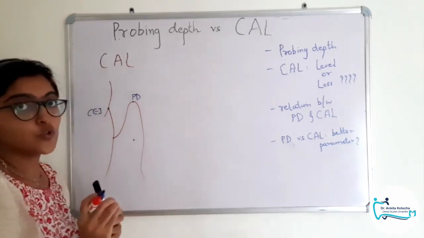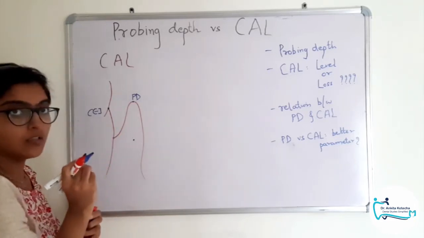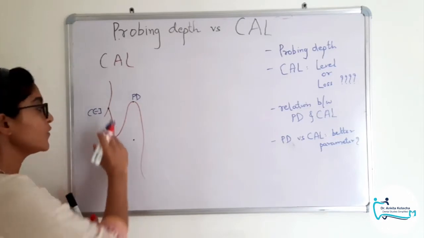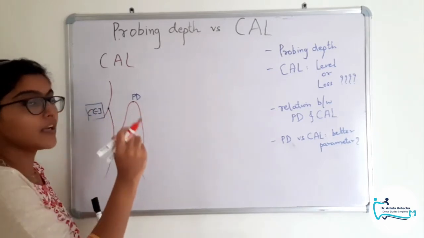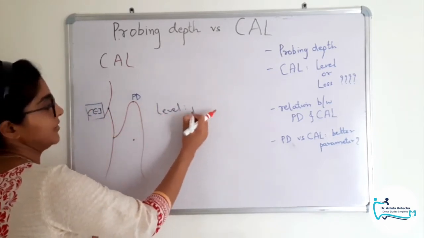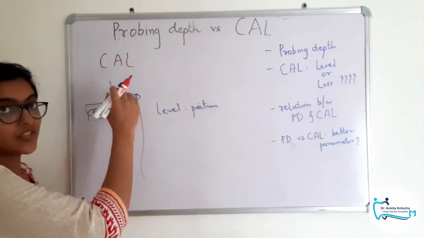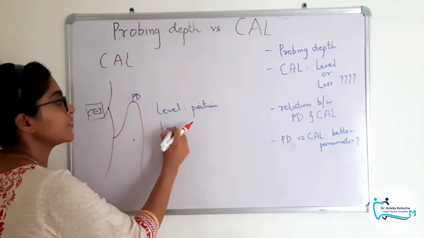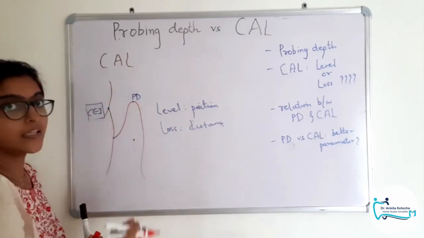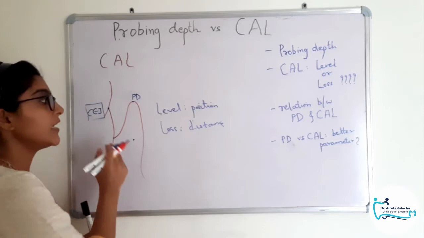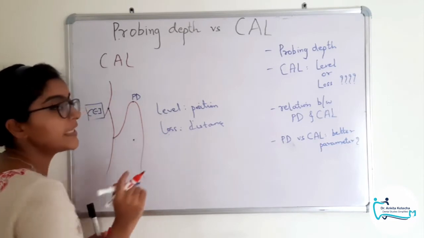Now, level refers to a position, a location. For example, the attachment level is in the coronal third, middle third or apical third, at so and so distance from a fixed reference point, in our case CEJ. So level refers to a position, a location, the distance from CEJ, and loss refers to the actual distance that this dentogingival unit migrates apically, and thereby results in loss. Clear? Again, there is one more concept to remember. For loss, we need two values.